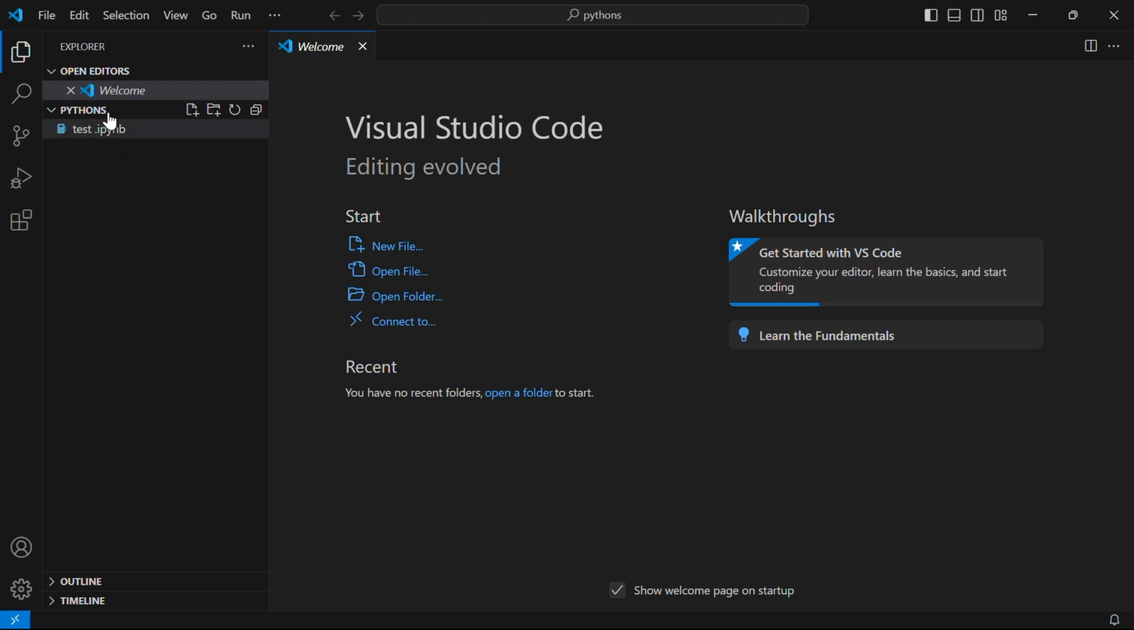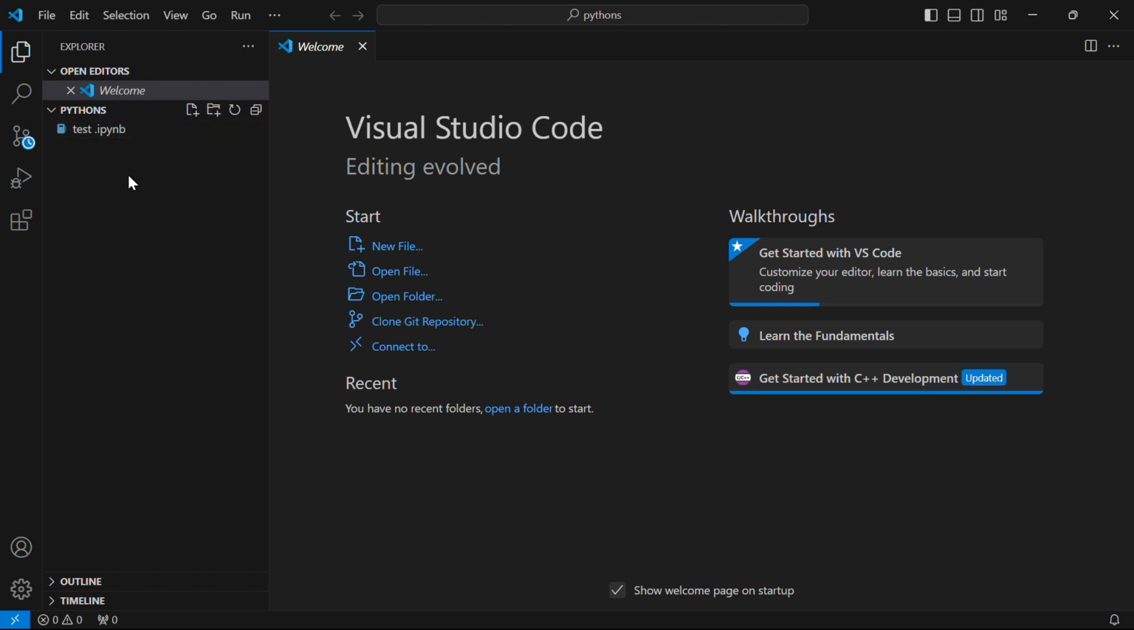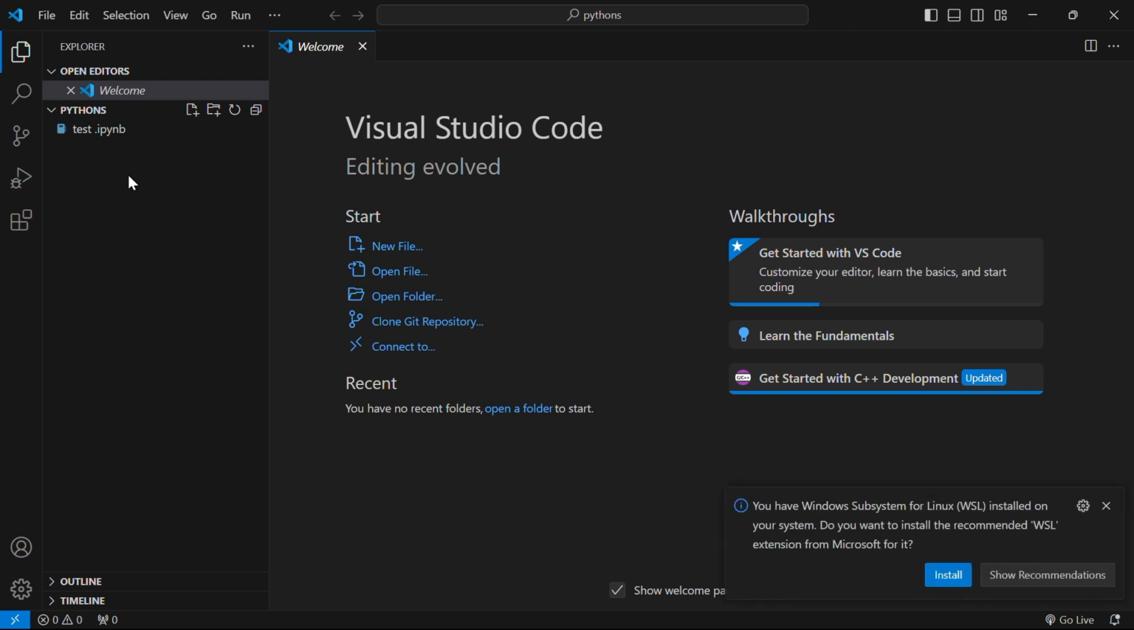And that's it! This is how you can download, install, and start using Visual Studio Code on your Windows 11